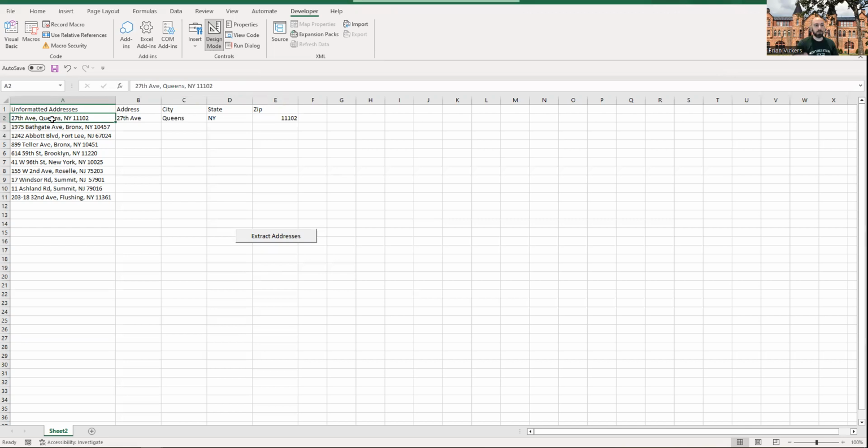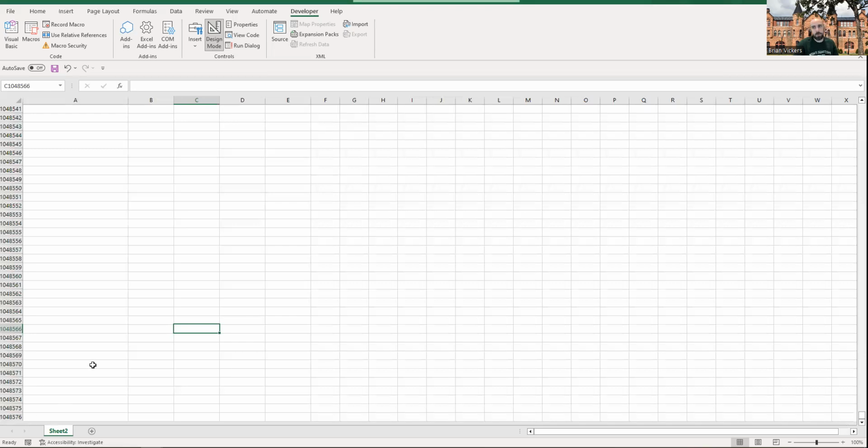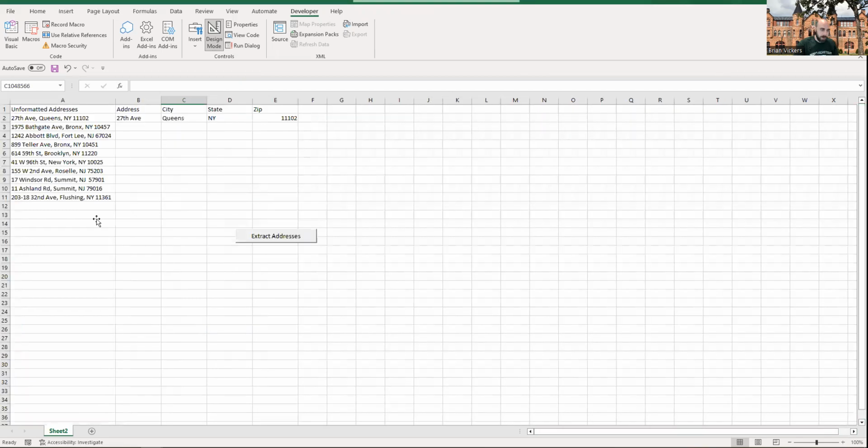But we want this to loop and check everything in our worksheet. And for this, we're going to go ahead and make a loop between rows 2 and 11, because we're not going to be adding more addresses in. But we could set this up to where it went 2 through the bottom of our page. If we have Control Shift down, you can see it goes down to 1,048,576. But we don't need it to do that, right? We're just going to have it go through rows